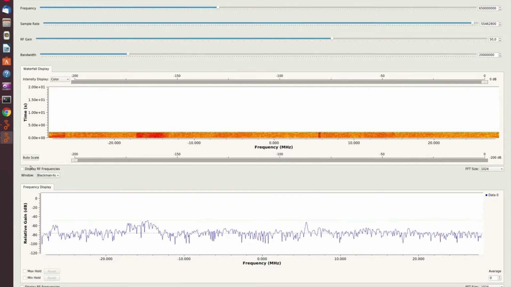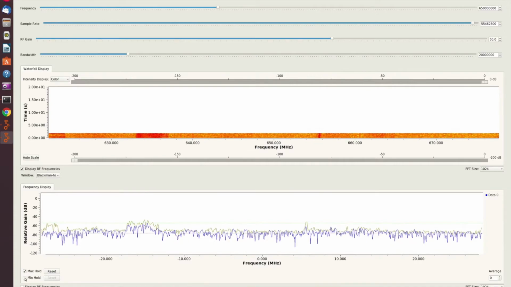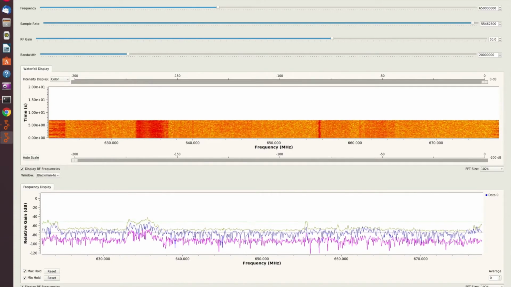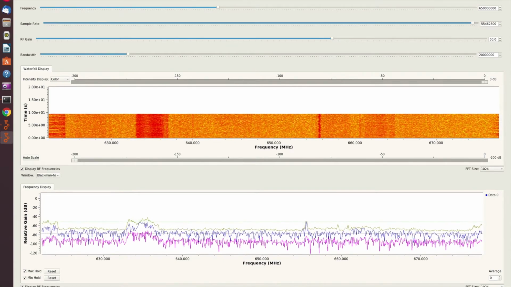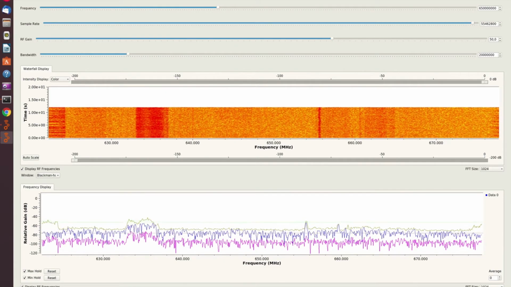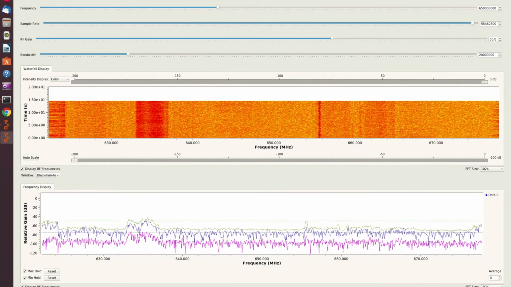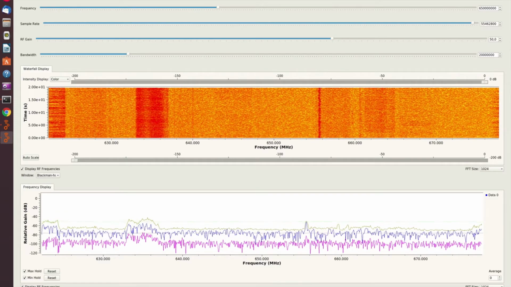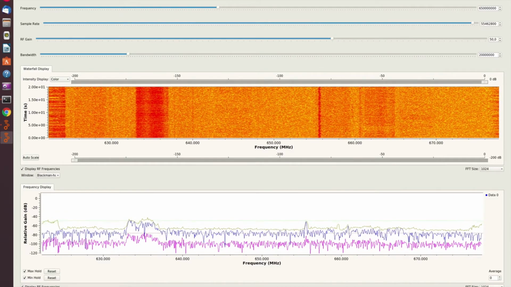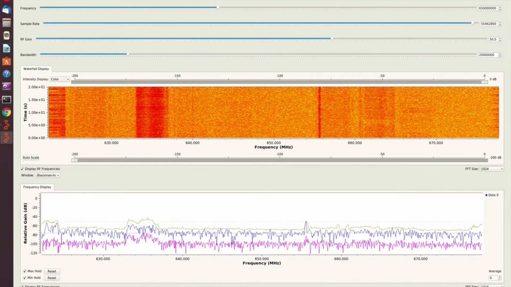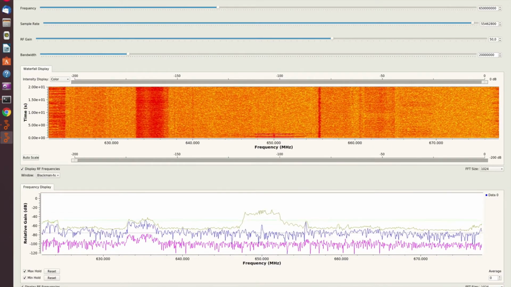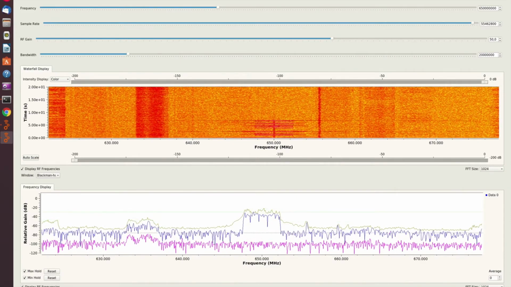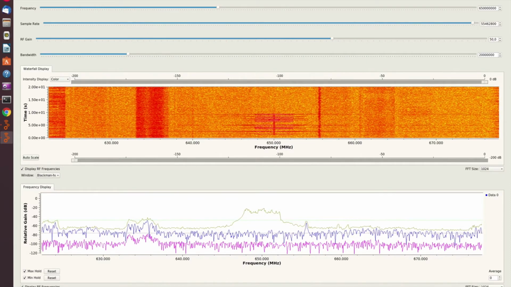This is a spectrum analyzer, but we need to increase the sample rate, display the RF frequencies, and hold the max and minimum values. Here, this is the spectrum we are seeing without transmitting any RF signal. As you can see, the spectrum is not clear in this country. So if you see in the middle,